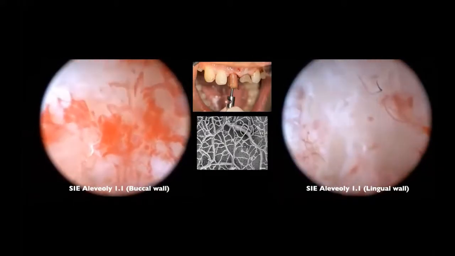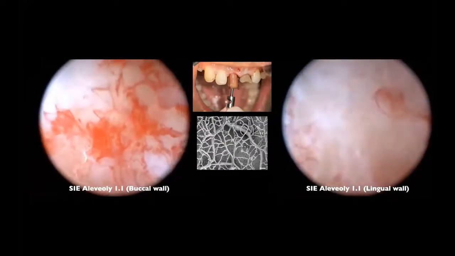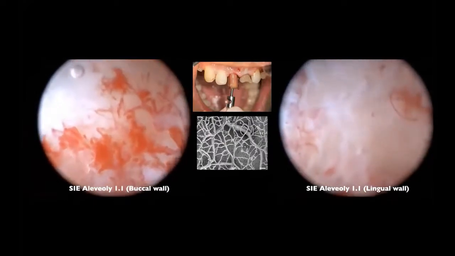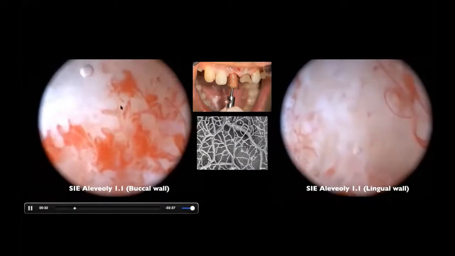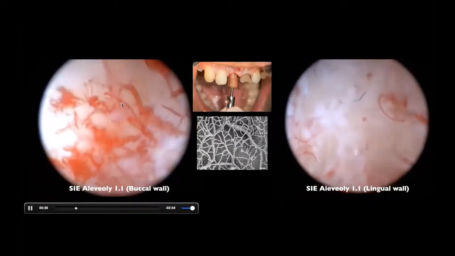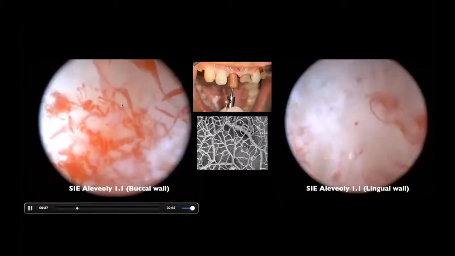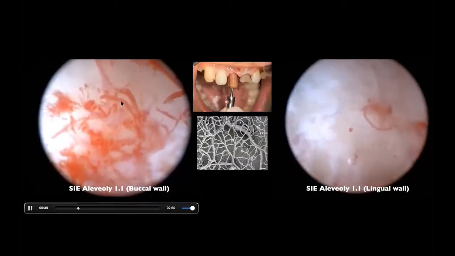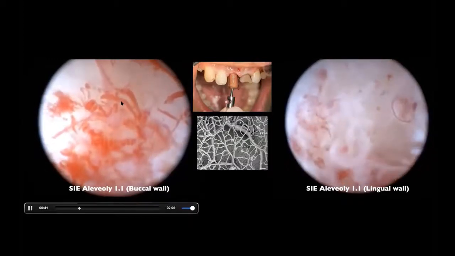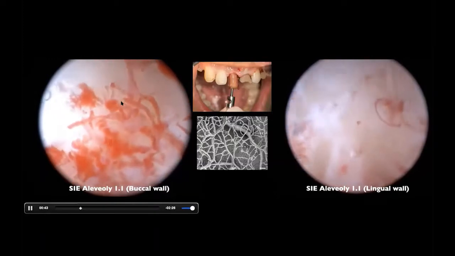You can also observe some vascular zones of 1,000 to probably 2,000 microns of extension in the apical portion that are probably ankylotic zones inside the alveolar